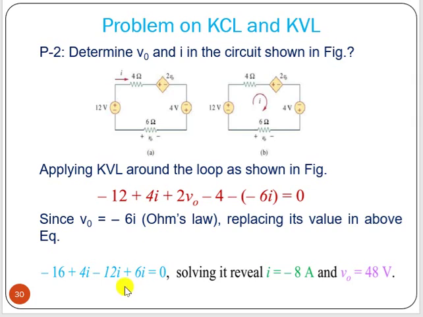Now why is it minus V0? Because the current here is flowing from minus this way, from right hand side to left hand side. That means current is flowing from minus to plus. That is not possible, so it is negative. The current is actually in the opposite direction, so we have to consider the negative. That's why it comes negative. Always take care of the current direction with the polarity. Now we have the equation and you can find the value of I. Then you can find the value of V0, which is equal to 6I.